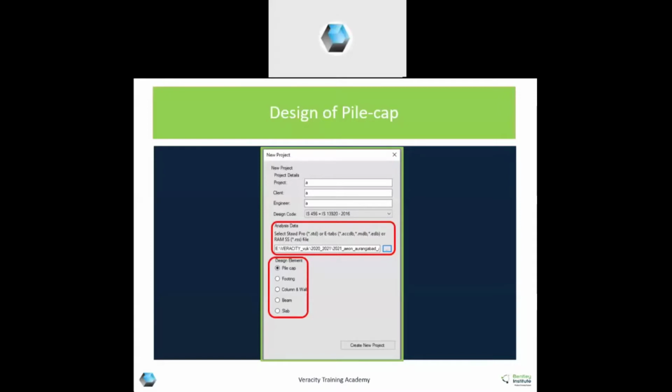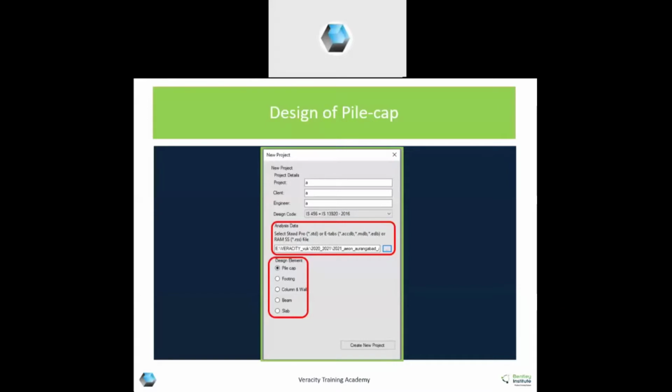The design code which you want to select has to be IS 456 plus 13920, 2016 or 1993. Though you have analyzed the basic file in whichever code, you can do the design by 1993 or 2016.